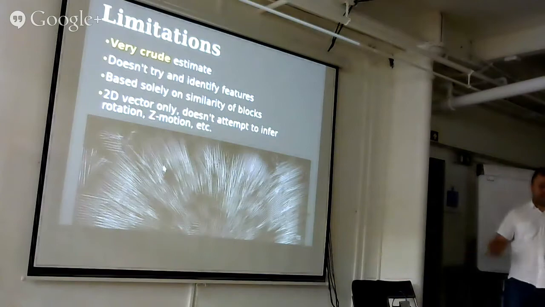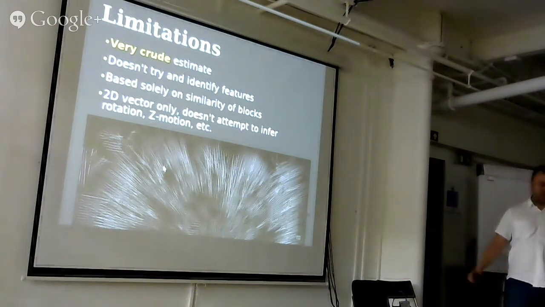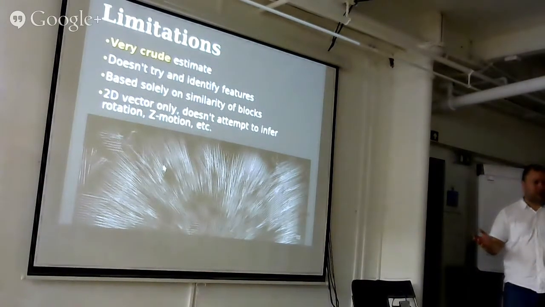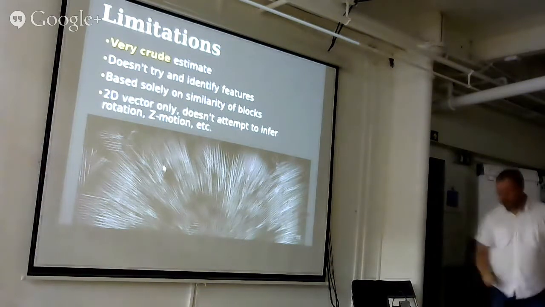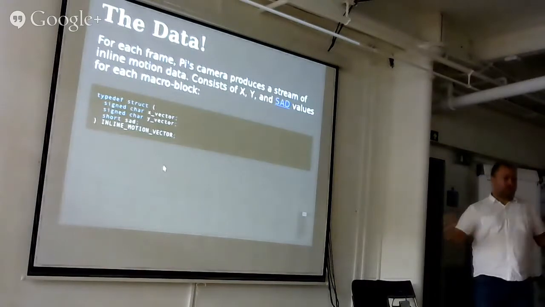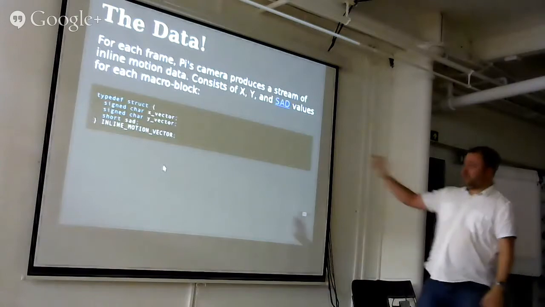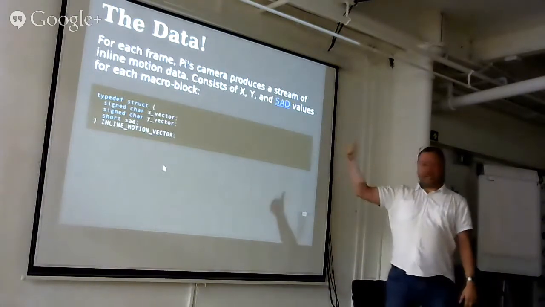All we have to worry about is whether there is movement in the scene. And given that we can assume the camera remains still, it shouldn't be too difficult to sort out the motion. Look for some vectors and see if there's enough of them. Should be simple, right? So, what do we actually get? What does the Pi camera give us in this new version? It quite simply gives us a whole string of data which is organized as an x vector, a y vector,